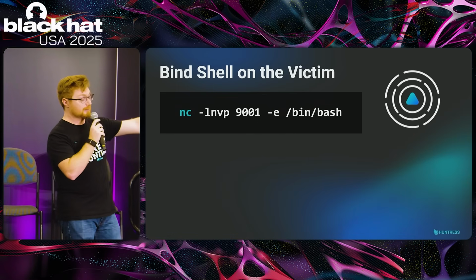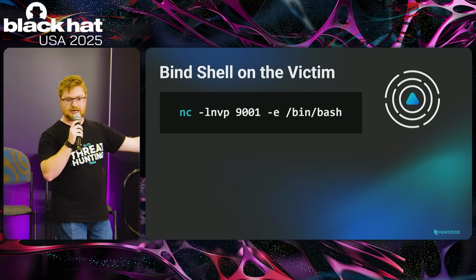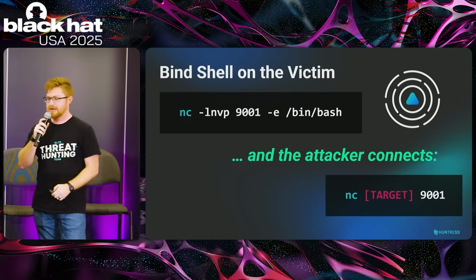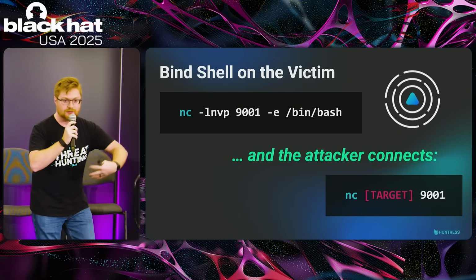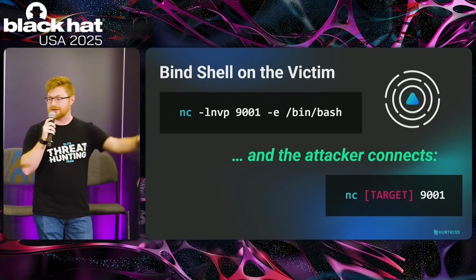What would probably be the easy button, as folks would be like, oh yeah, okay, what about a shell? What about a reverse shell or a bind shell? If folks weren't tracking, obviously the bind shell is listening on that victim, on the target that you've compromised. Easy opportunity with that is with netcat.